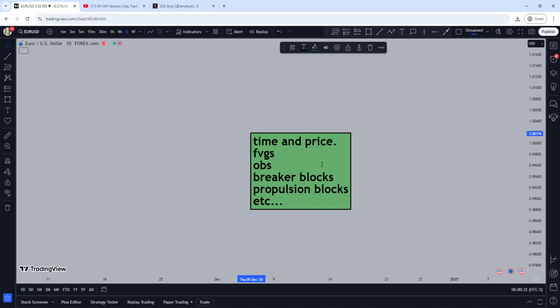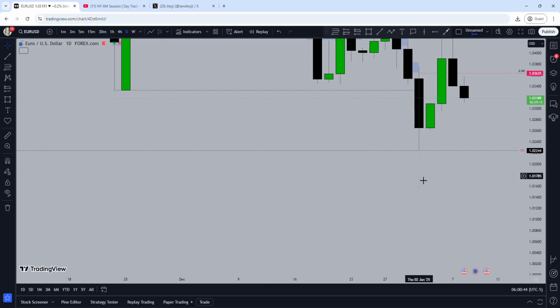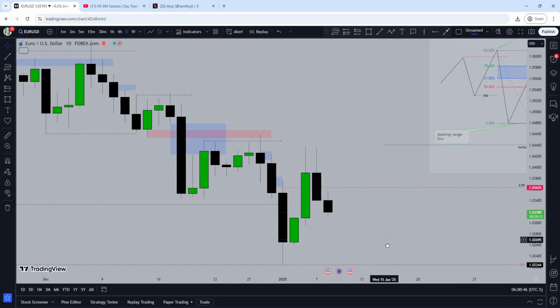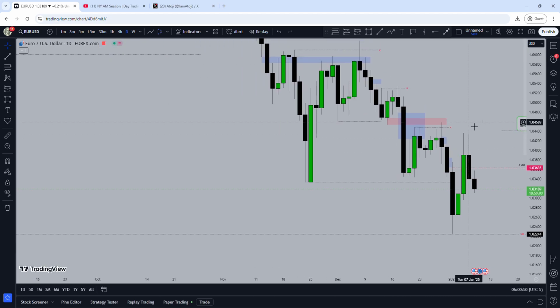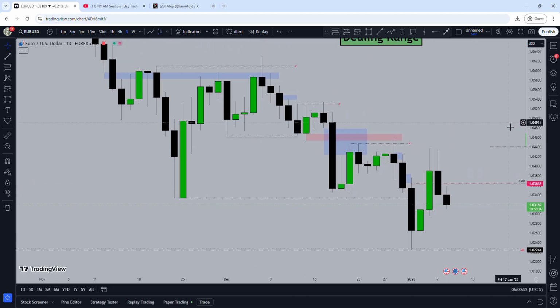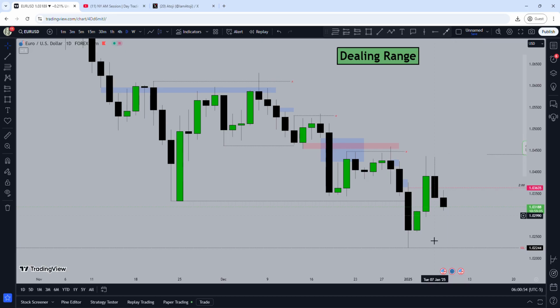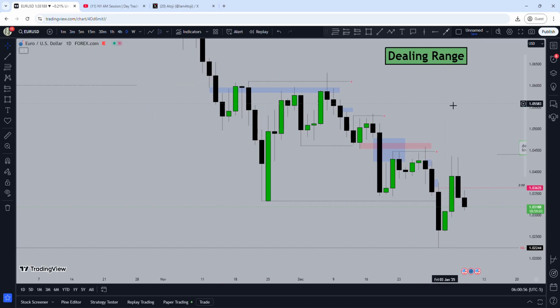We don't trade the higher time frame, so we don't have to implement all of this. We just have a few that we implement on the higher time frame for our buyers. The higher time frame is for buyers, and this dealing range concept will help you a lot with buyers, as we're going to show on this EU chart. Now, based off of what I've explained